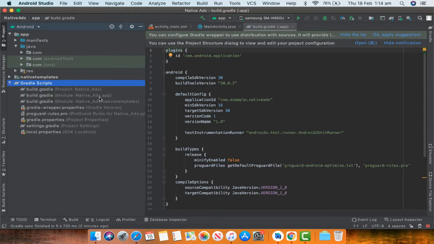Right, because this is the name of our app, it is native ads app, right? So mine will look a little different from yours, however the other one that comes with the module will have the extension of native templates. So you want this, which is your upgrade file. You want to come